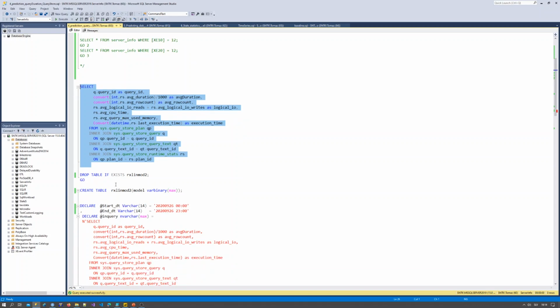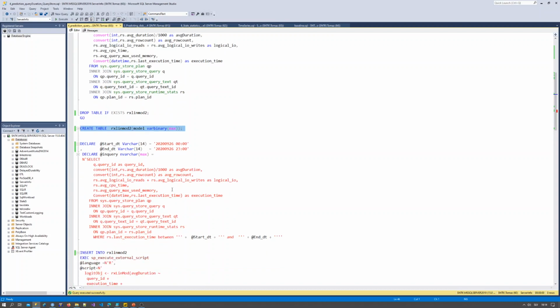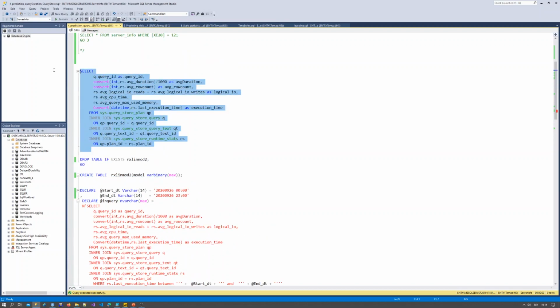So first of all, I will create a table to store my prediction model, and this particular query, which basically returns a couple of rows.